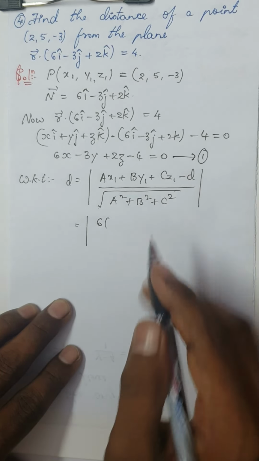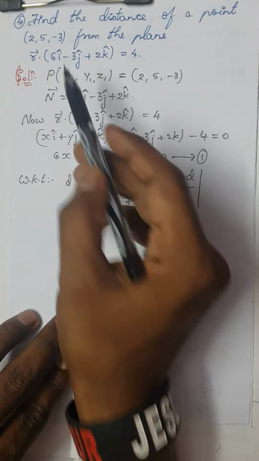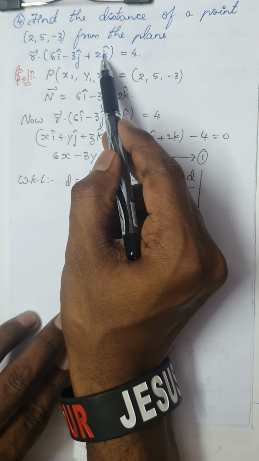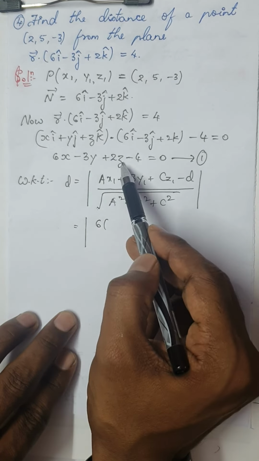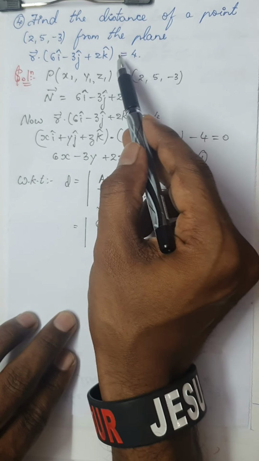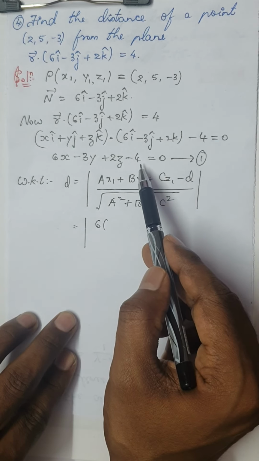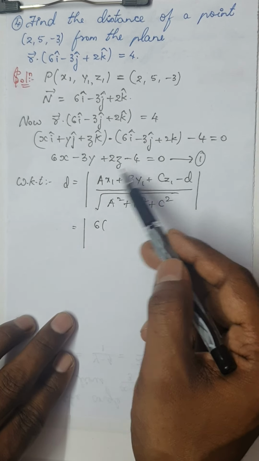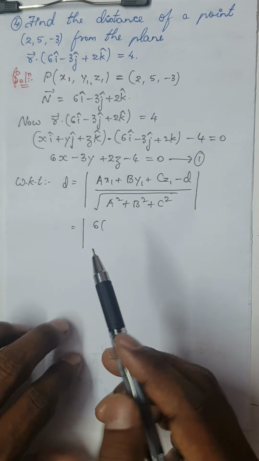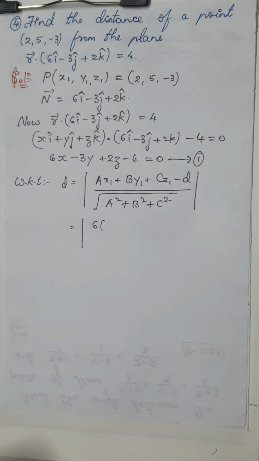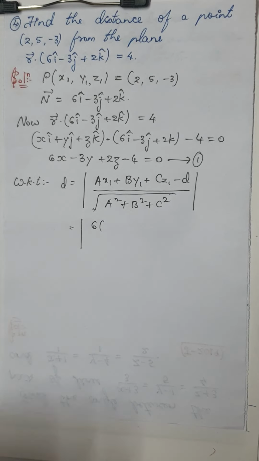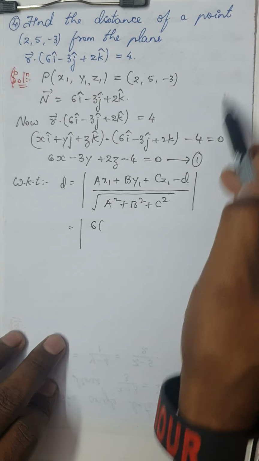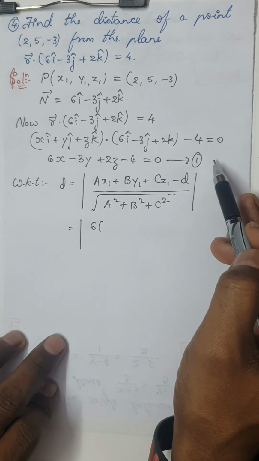All these things are not required. One more hint, dear students: whatever the i, j, k are, you can directly take them as x, y, z, but take the constant to the left hand side. That will be the equation of the plane. You can actually take it directly, no issues. But I have shown how you get it. It's not always about the answer. You should know how you get this equation. That's why I've solved this. This procedure is not required to get 2 marks.